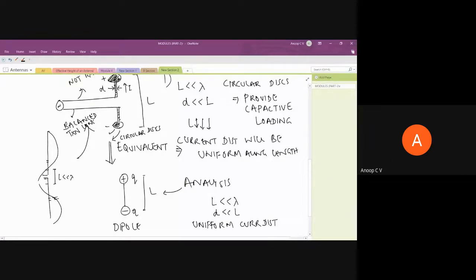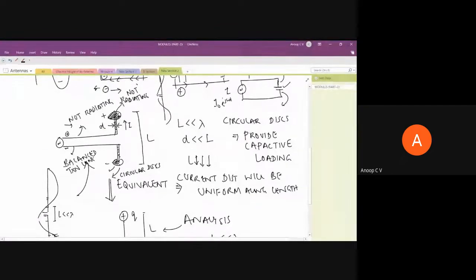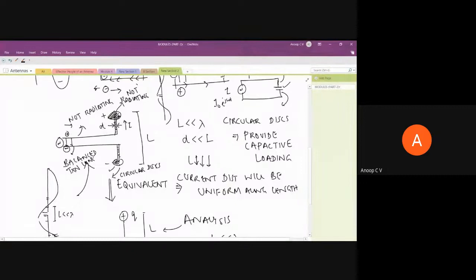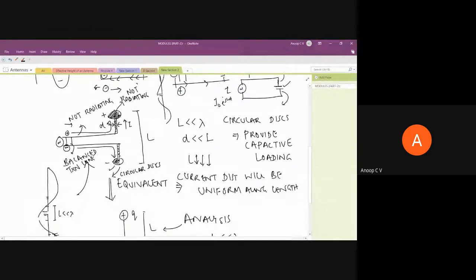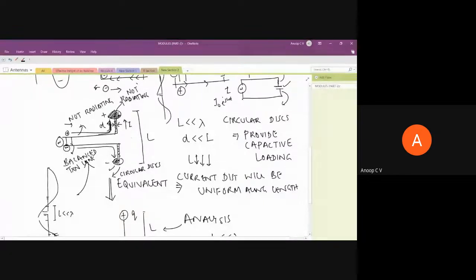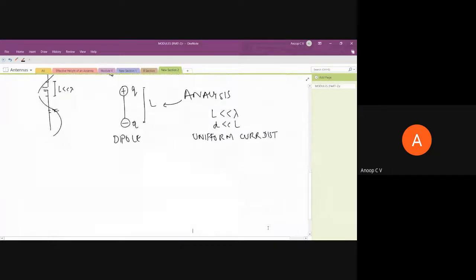So what we need to see is how this electric dipole will radiate. Before that, during the positive half cycle, the current is flowing in this direction, so you can assume the electric field will be in this direction. What will happen if this charge is moving and reaching here? You can assume these negative and positive charges are oscillating. The positive charge will move up, then come down, then again move up, then come down. So you can assume the short conducting dipole as an oscillating electric dipole.